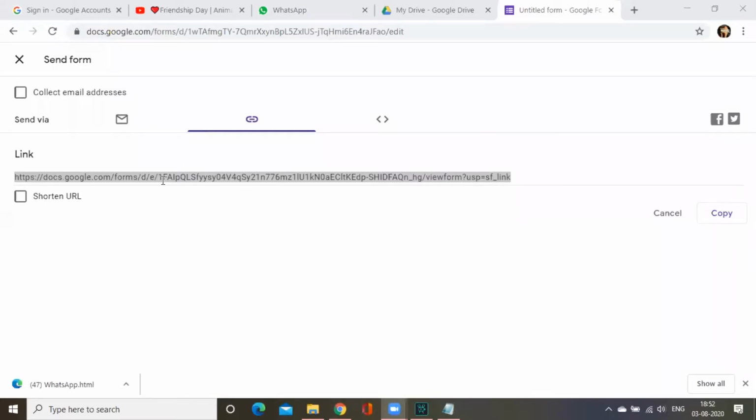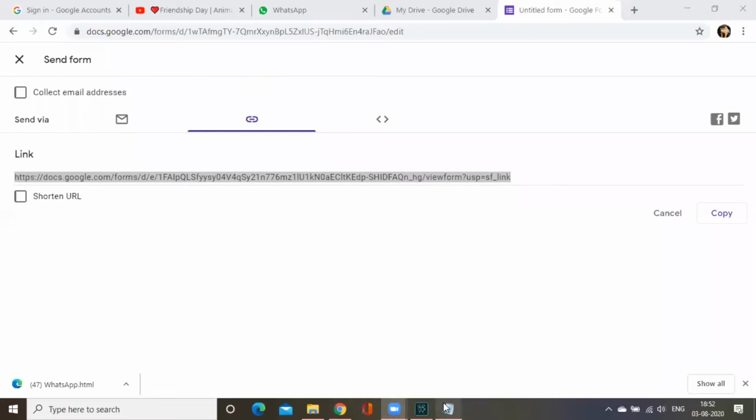So you have to do this. You have to copy the link here, and when you go here, you will find more options. You need not stop sharing. But for children, you will not go for sharing and all. So directly you will copy the link. You just copy this link.